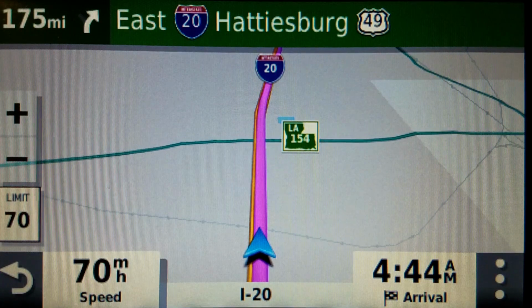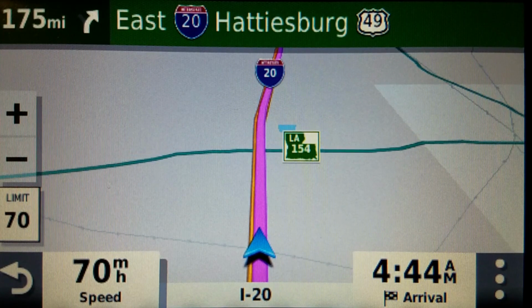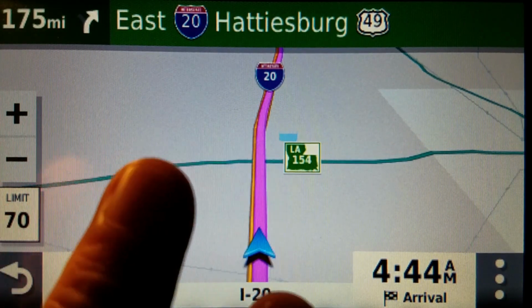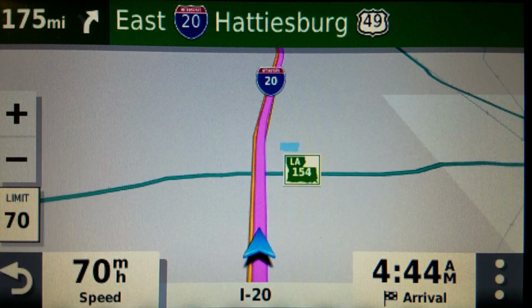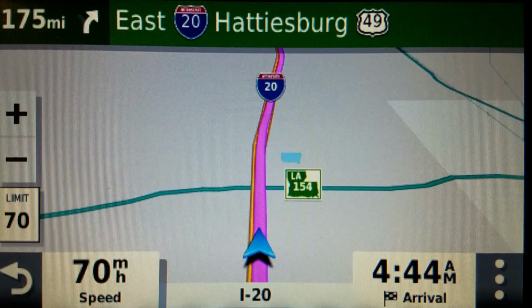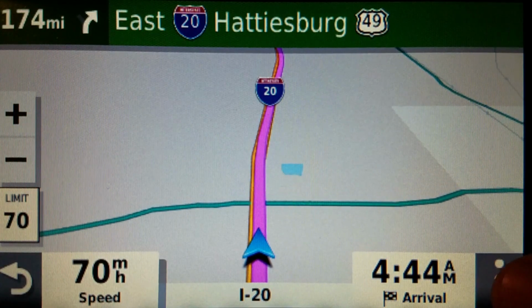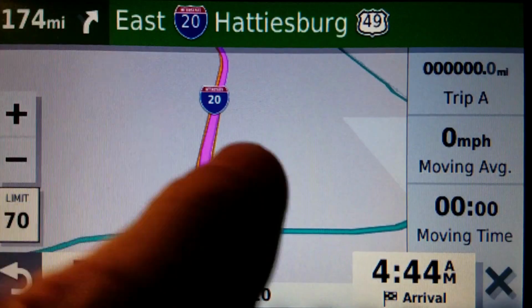Garmin Drive 52 up ahead configuration. I did cover this in another video, but this is a different way of going about it, particularly for longer journeys. So I've got a really long journey going on right now, simulator mode of course, and you ordinarily see this. Now when you touch the triple dot menu, you have your option of whether to show trip data